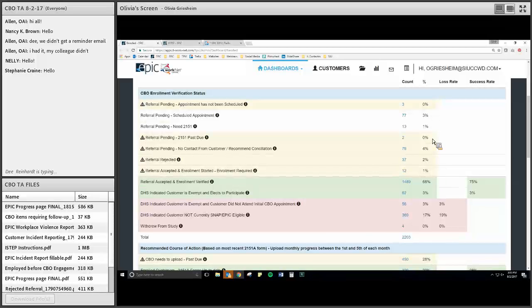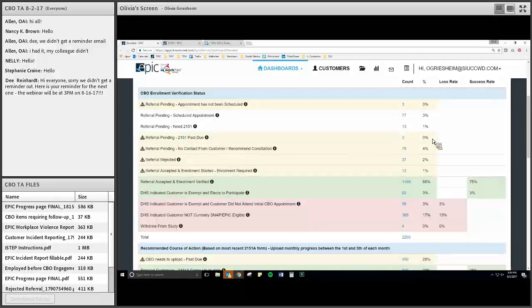However, if the customer was a no-show for that appointment or a referral rejected, the 48-hour deadline was missed. So it's up to the CBO to reschedule the customer, send them a new 2151 in the mail with their new appointment date, re-enter the new appointment date into the progress page, and then make sure that you upload that 2151 within the 48 hours after their second appointment,